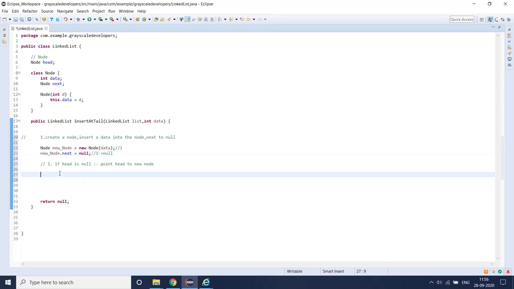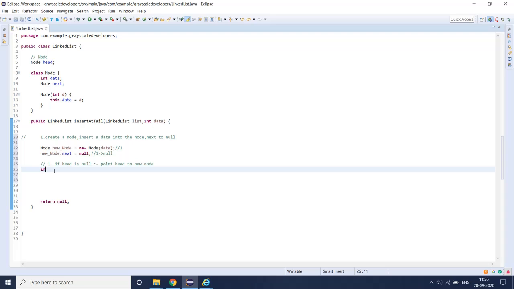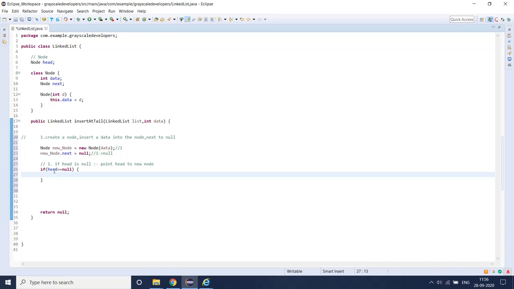So here I am writing the first condition: if head is null. Yes, it is null for the first time. If head is null, then I am making this head equal to the new node. People can understand this. For the first time, because I didn't insert anything, I'm just starting insertion, the head is null.